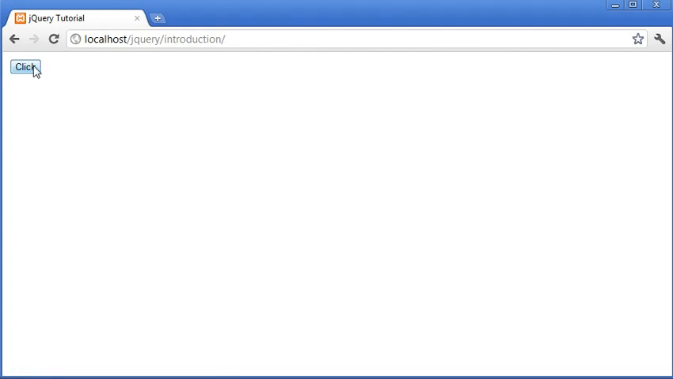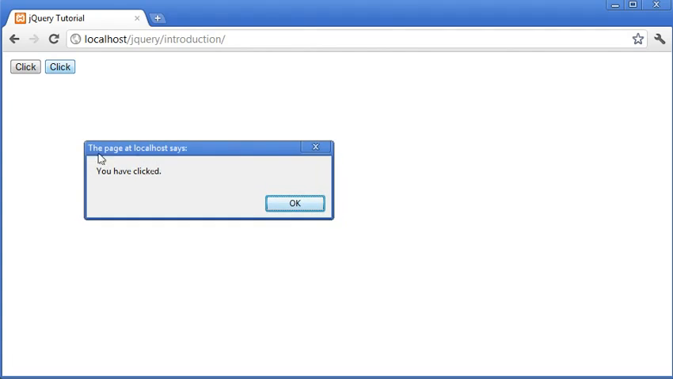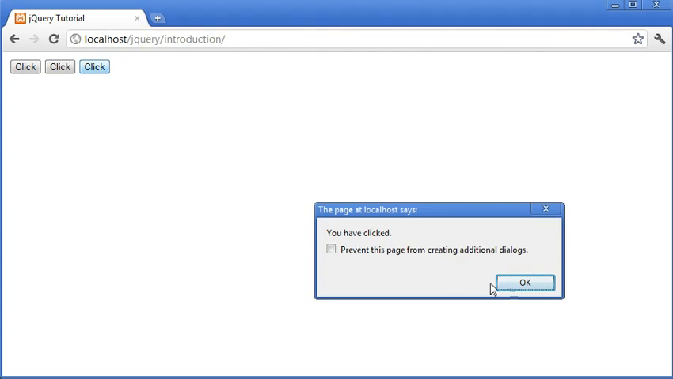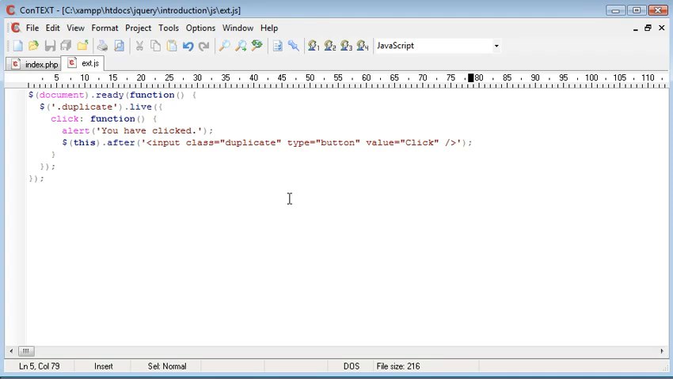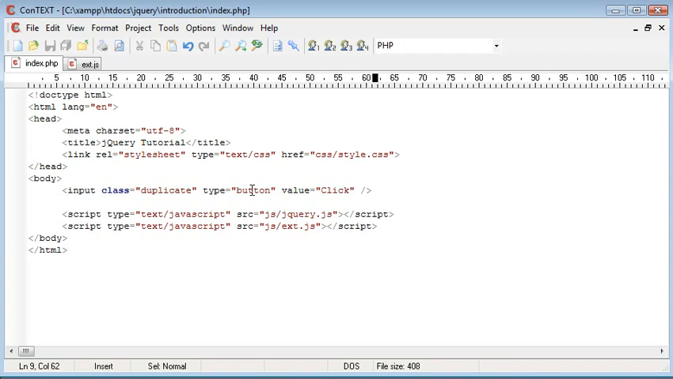So now when we refresh and we click, we have the same message up, and we click OK. We have the same thing happen as we did before, but this time, because we're using live, when we click this, we get the same message, and we can just continue literally generating buttons. So obviously, in this sense, with generating button after button, it doesn't really make sense. But you could apply this to things like a good example would be to apply this to input types with